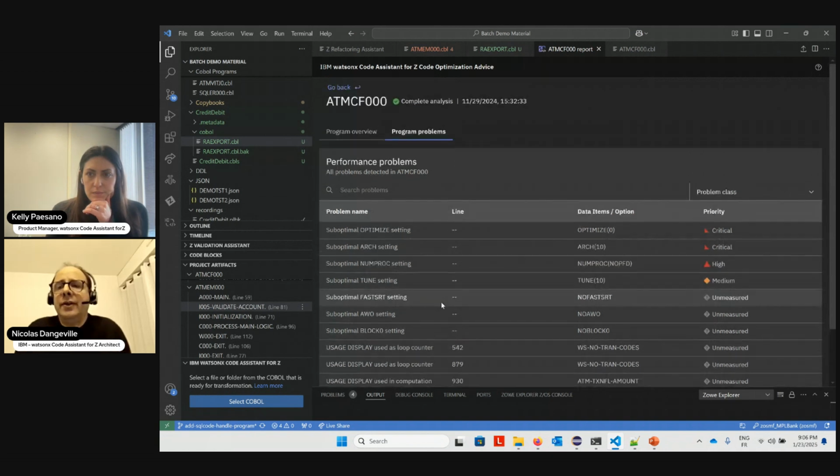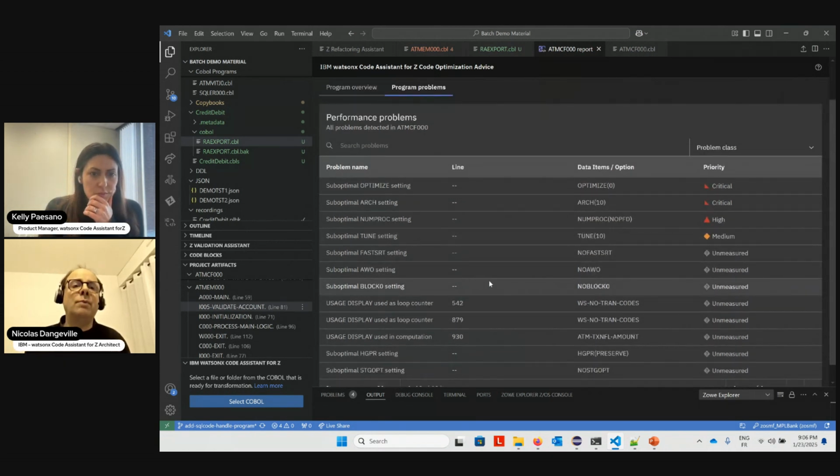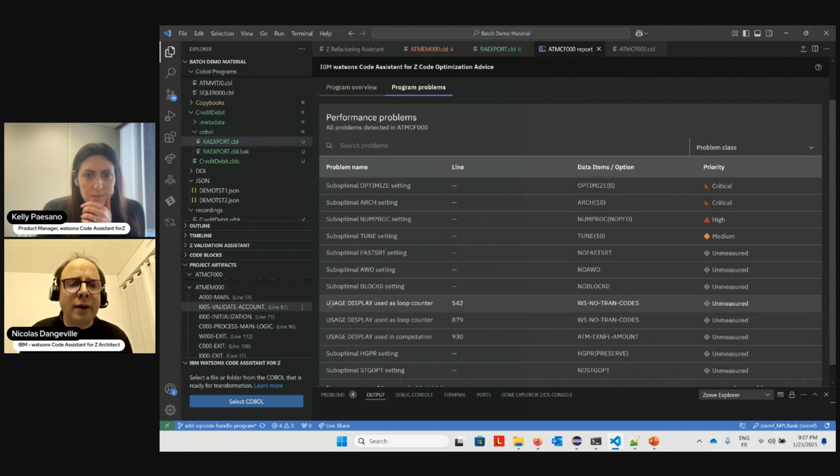So what it tells me is I could have compiled this program with better compilation options. There are a lot of compilation options, and some are really critical to make it better. The ARCH setting, for example, tells you optimize this for a given version of the hardware. Well, let's take advantage of this. I don't need to run on older hardware. I can do that. So it gives me advice about compilation, but it also gives me advice about coding.